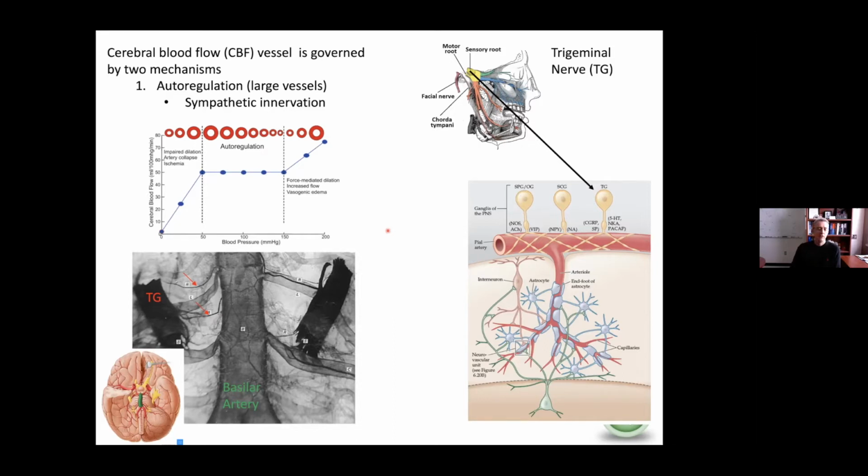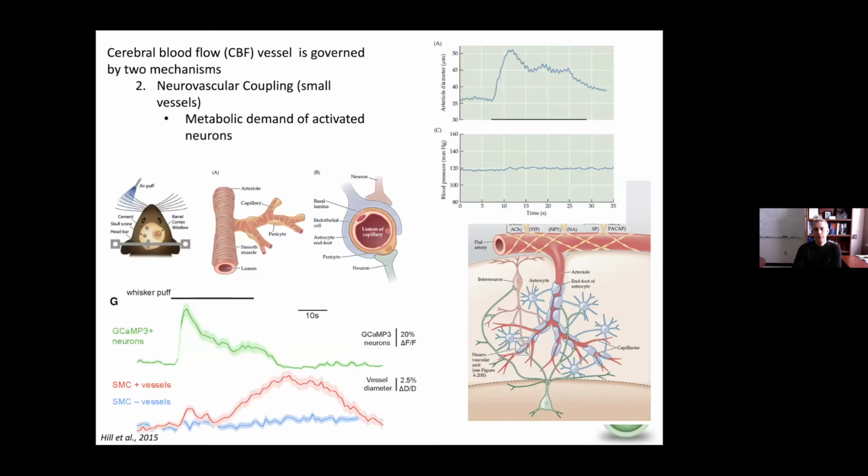You can think of when you breathe a lot of carbon dioxide, the reason these large blood vessels dilate is because of these, in this case, the trigeminal nerve, most likely just to flush out the excess carbon dioxide, given its toxicity in the brain. But once we get to the level of the neurons, the rules change. Now, these tiny blood vessels are not so much innervated by the cranial nerves, but by the nerve cells themselves.